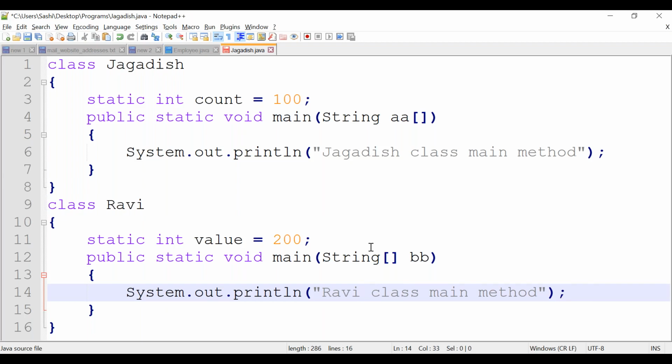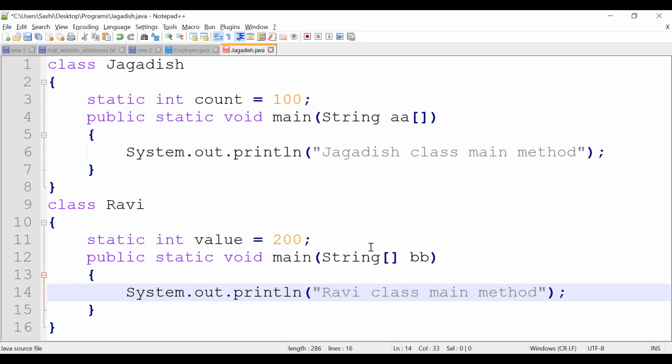Inside the main method, we are just trying to print some statement. So finally, inside this .java file, two classes are declared.